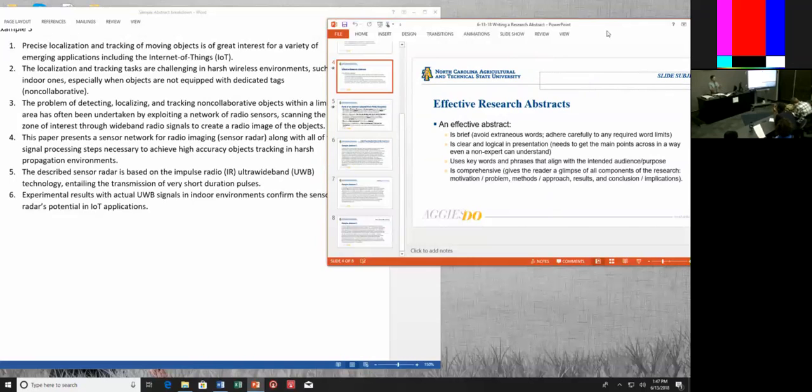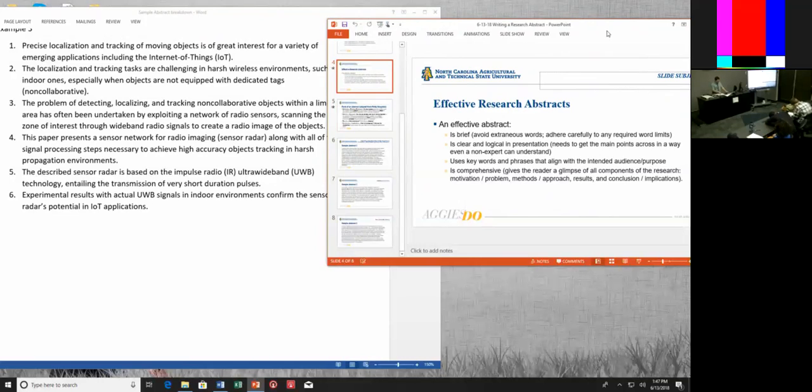So if you imagine pulling out from this just some keywords that can be put in like a search database, those would be some of them. You'd put Internet of Things, sensor networks, radio imaging. These are the things to which this research relates. And as you read through it, they jump out in virtually every sentence.